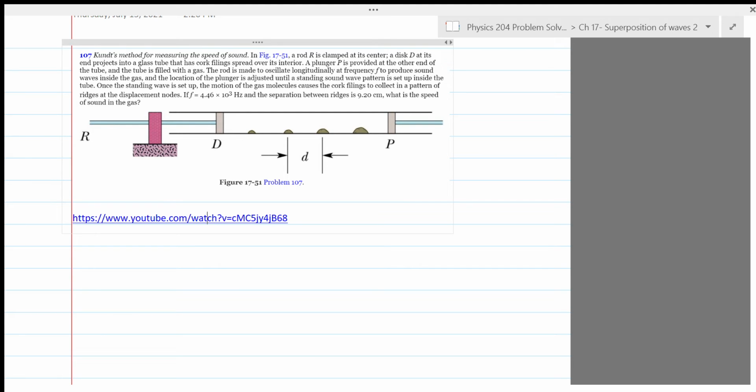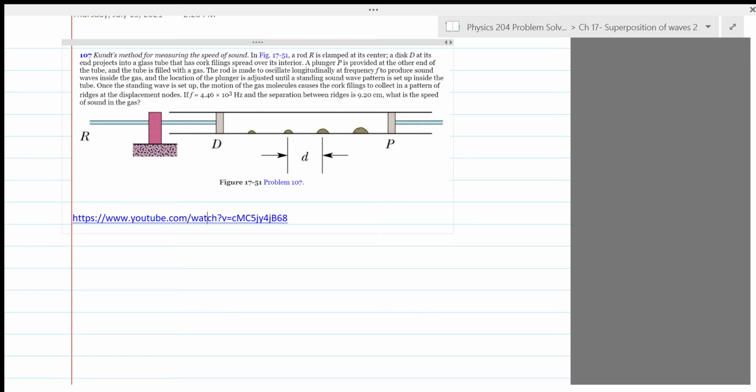So in this problem, we are studying the Kundt method for measuring the speed of sound. We can see in this figure we have a rod R that is clamped at its center. A disc D at its end projects into a glass tube that has cork filings spread over its interior. And we have a plunger P that is provided at the other end of the tube, and the tube is